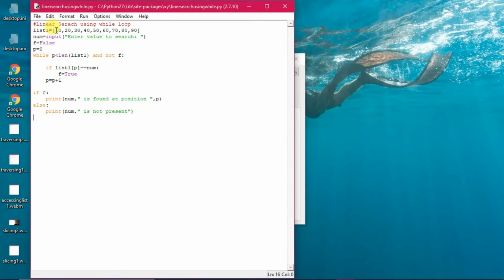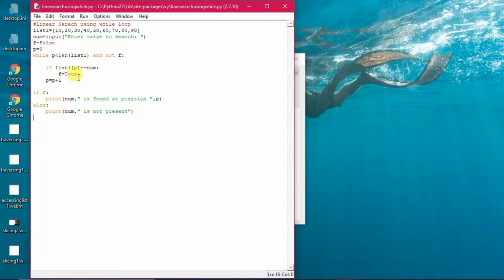That is the index of the list, because the first value, as we had seen in traversing arrays, accessing elements of an array, slicing, the first element is at 0. So the traversing will take place from 0 to 8, and in between the entered value will be checked every time, somewhat like the last program we had done, the frequency. If the checking is fine, then f becomes true, and wherever it is found the loop continues.